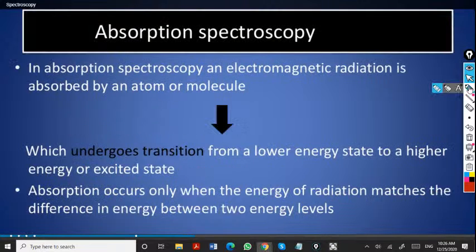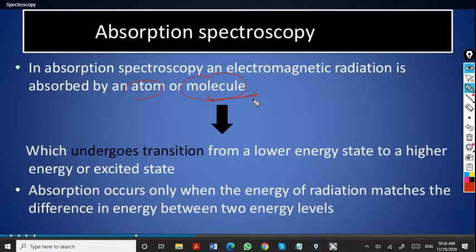So, in detail about absorption spectroscopy. Sorry, absorption spectroscopy consists of electromagnetic radiation being absorbed by an atom or a molecule. If a molecule absorbs the energy and we are recording the spectrum, then it is molecular spectroscopy. Okay, so in very detail, it is absorption